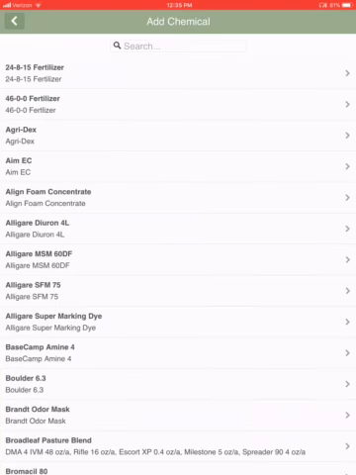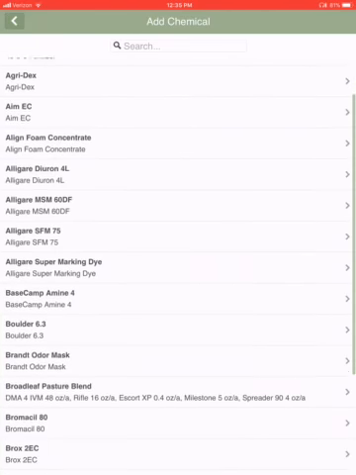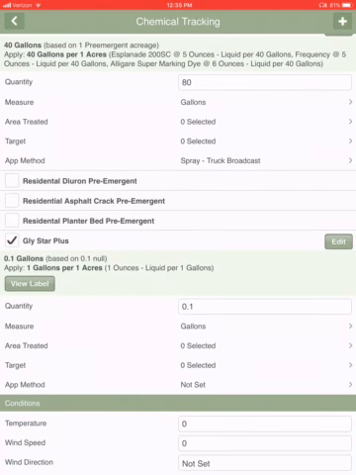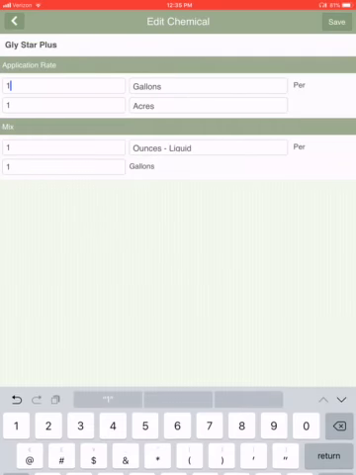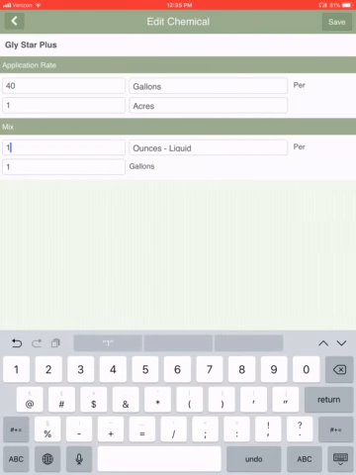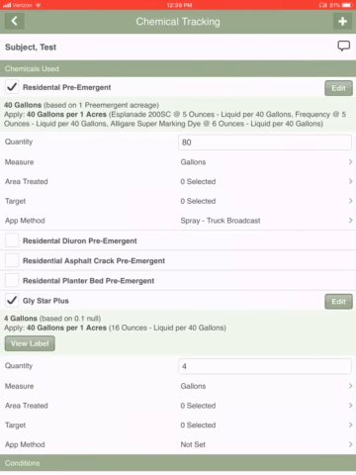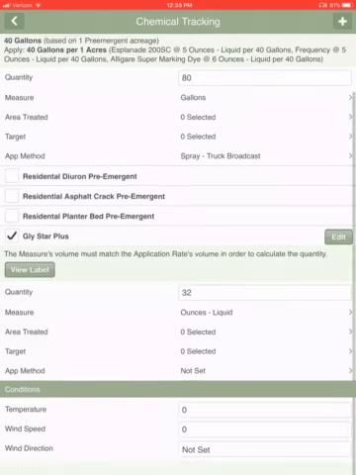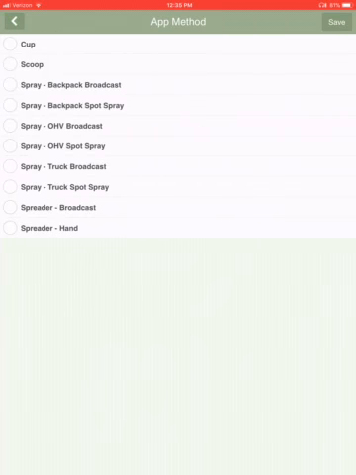You would add with the plus sign. You can either scroll down or just type in Blister Plus, go over here and hit edit, and put in your application rate. So 40 gallons per 1 acre, 16 ounces per 40 gallons. And then you can type in how many ounces used. If you're adding an individual product, we need to know how many ounces used, not gallons. If it's a mix, obviously it's how many gallons you used. So 16 times 2 is obviously 32 ounces liquid,